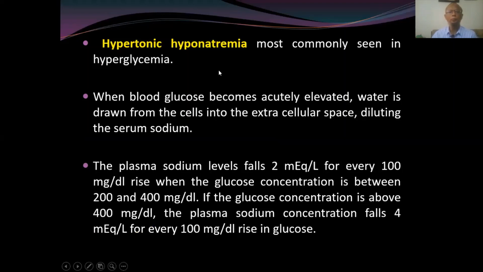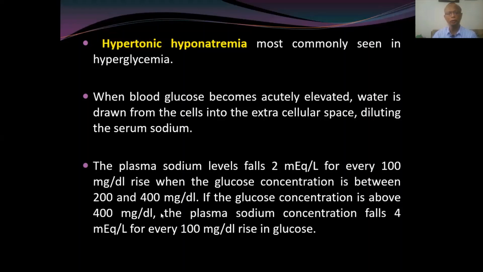Now comes to the hypertonic hyponatremia, which is most commonly seen in hyperglycemia. Say in case of diabetic ketoacidosis, when blood glucose becomes elevated, water is drawn from the cells into the extracellular space, diluting the serum sodium. The plasma sodium level usually falls 2 milliequivalent per liter for every 100 milligram per dl rise when glucose